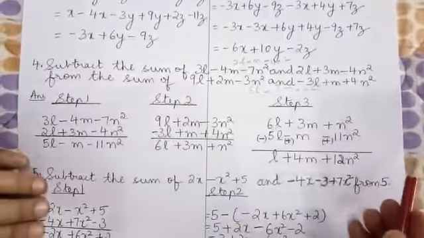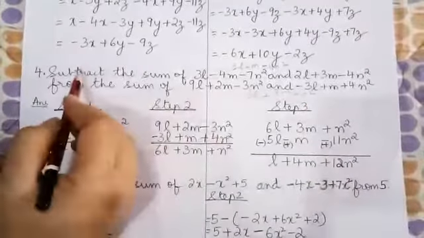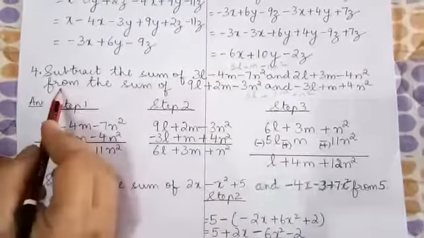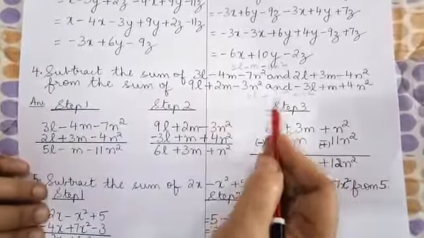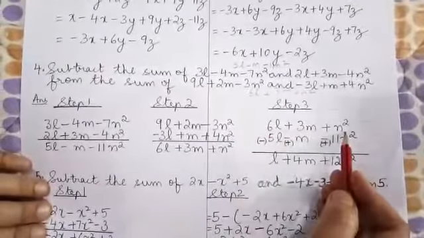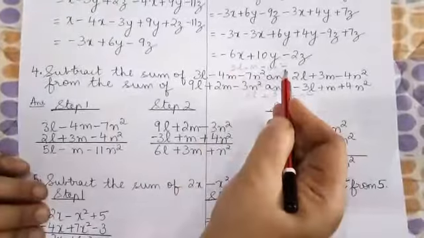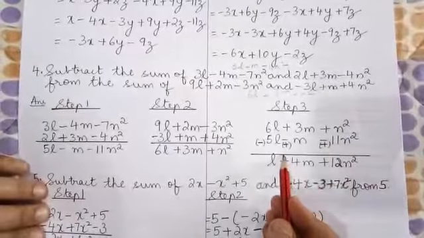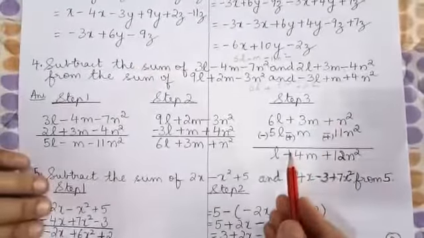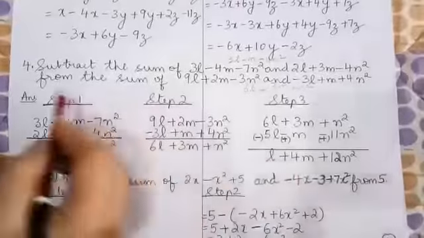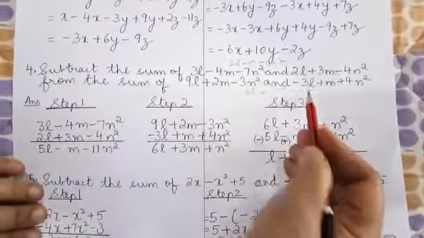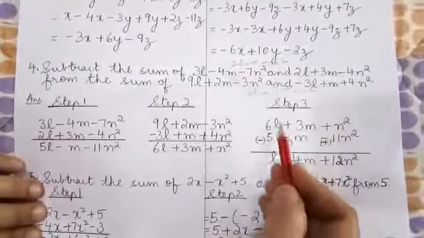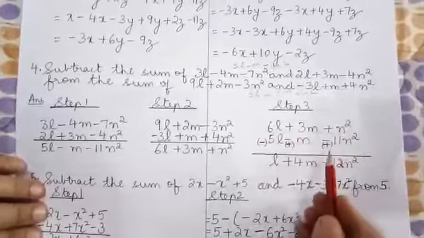So how do we do this? Subtract an expression from another expression. So in step 3, the expression that comes after from is written first. So we need to write this expression first, followed by this expression. Now we are going to subtract using the vertical method. So there is something important here. I repeat, after from, we have this expression. So we write that first, followed by the other expression, this one. So this is written below the first one.